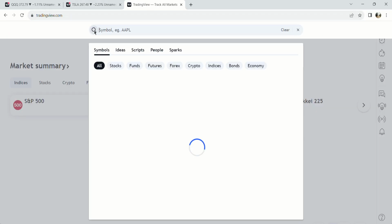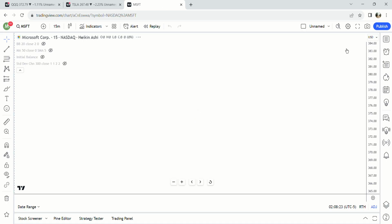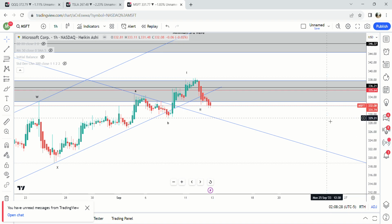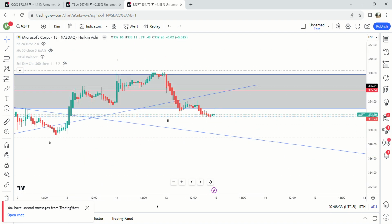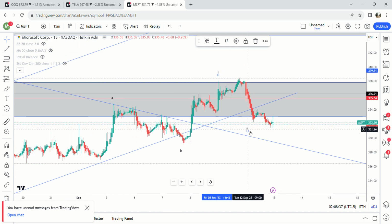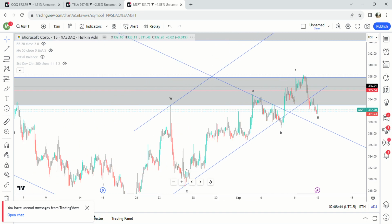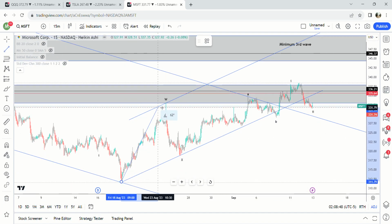Let's go over Microsoft. So Microsoft, pretty much doing exactly what I was talking about. If we're going to get a bullish move, this could be a first wave right here, and then a second wave down right here. So if we get nice positive CPI tomorrow, then again, still looking for,